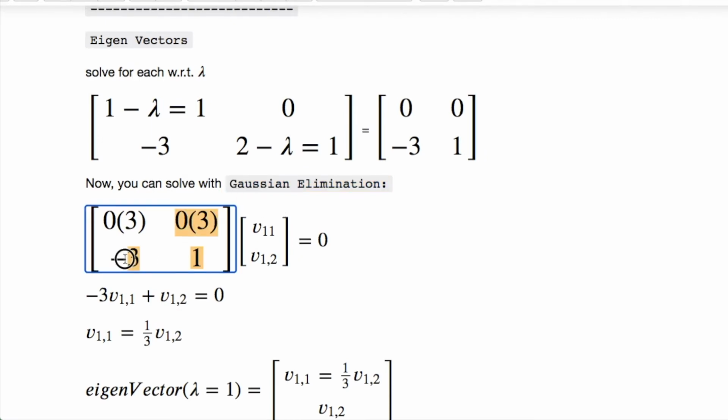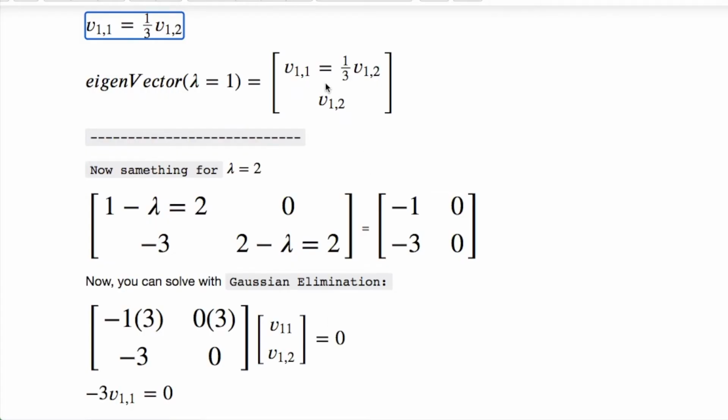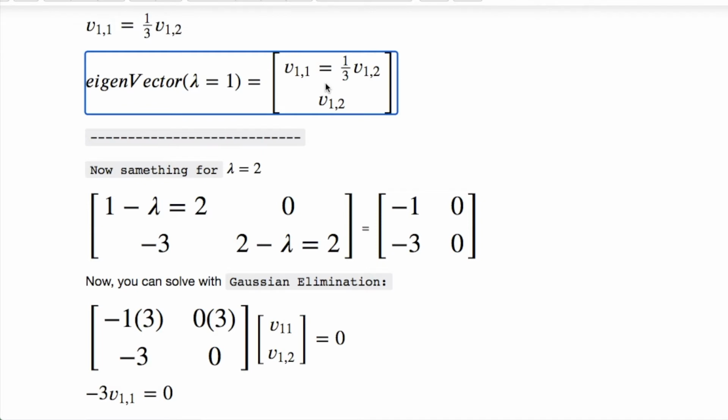What we'll do is take this 3 in the second row, change the sign, and multiply it by this top row. Then we're going to multiply this by this, and then do this by this. If you notice here, this is what we end up with. So the vector of v11 will equal 1/3 of v12. Understand that this value that you can put in here can be any kind of multiple value that you decide to pluck out of the air and just put in here. So if we said this is 1, we would say that v11 equals 1/3, and then v12 would be 3 times that value. I'm leaving the exact value, which is the representation form here, just so you get an idea.